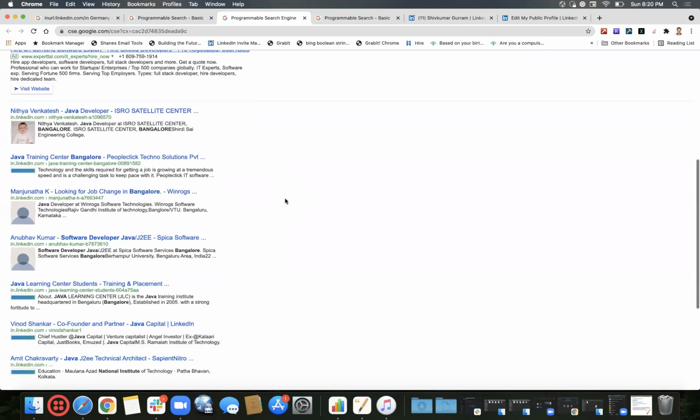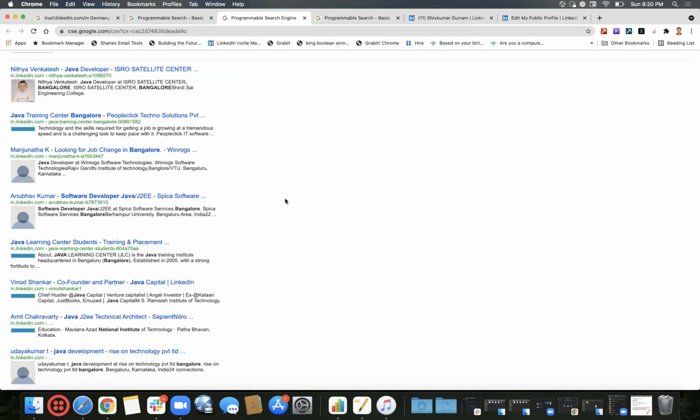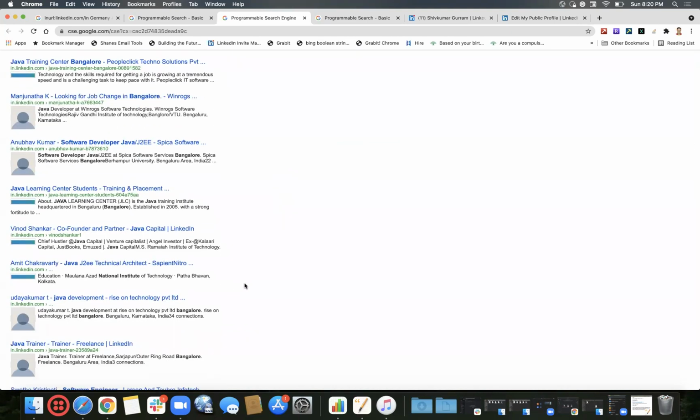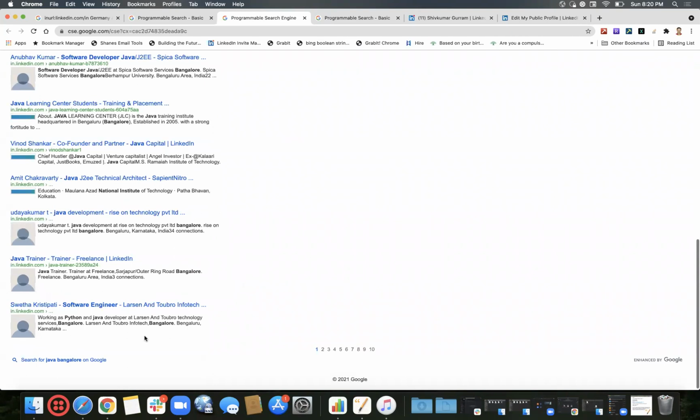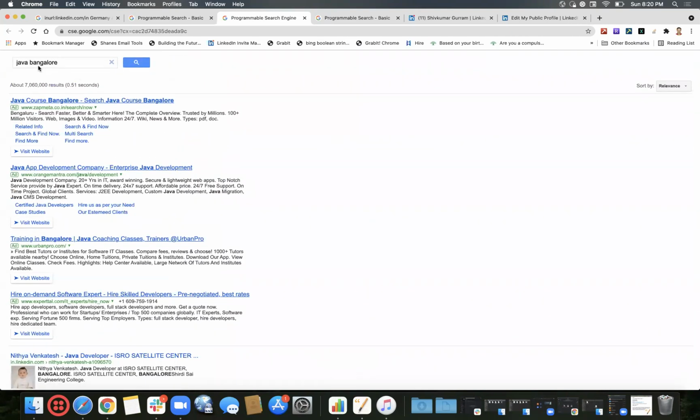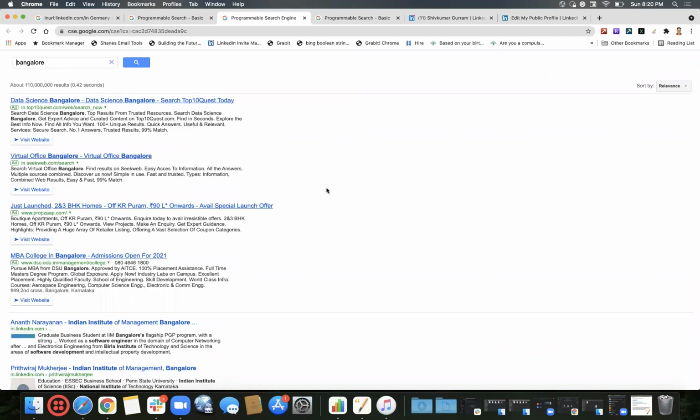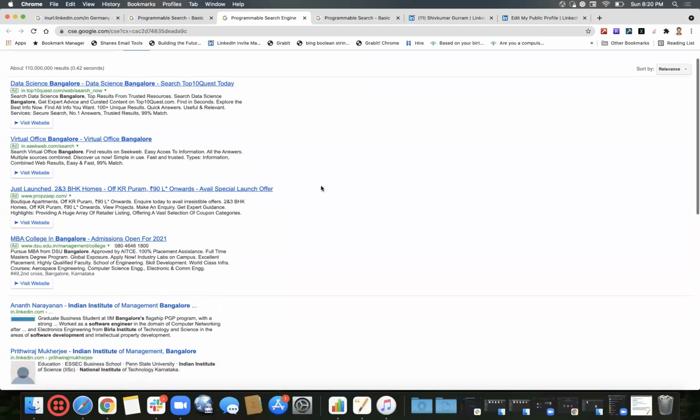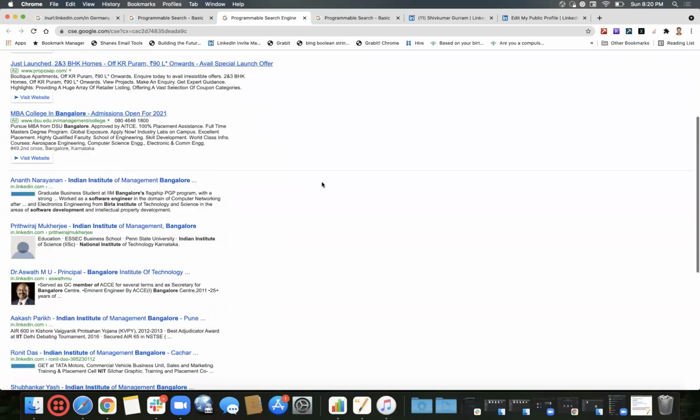Now, if we see the words we have given in the backend, like National Institute or Java or anything, they have started getting highlighted, though here we have not given those words. Let's say if I give only Bangalore. Here you'll get some advertised results. Those are Google features, so just exclude them. That's a Google feature, it doesn't have anything to do with our search settings in the backend.